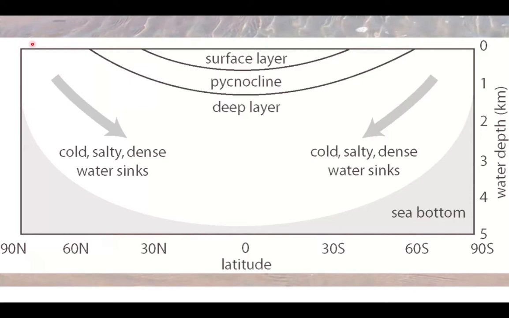But in the cold times, in the winter times, there is formation of ice, and during formation of ice we know that salt always remains in the water, only fresh water freezes, so it will increase the salt content from the surface to the deep oceans. And in this way, here we have some seasonal halocline. Okay. There is also a decothermal layer. What is this decothermal layer in the polar region?